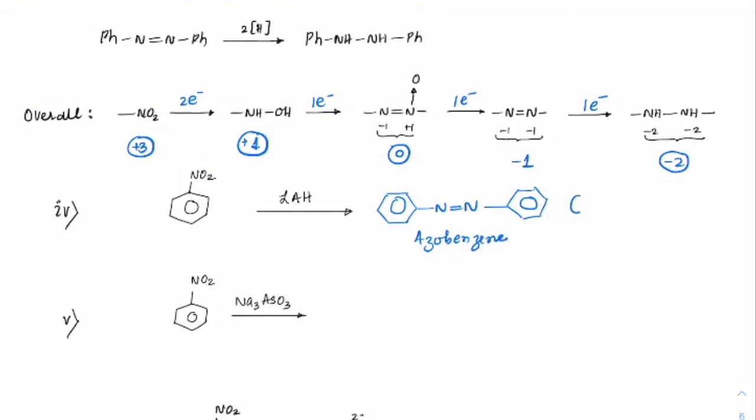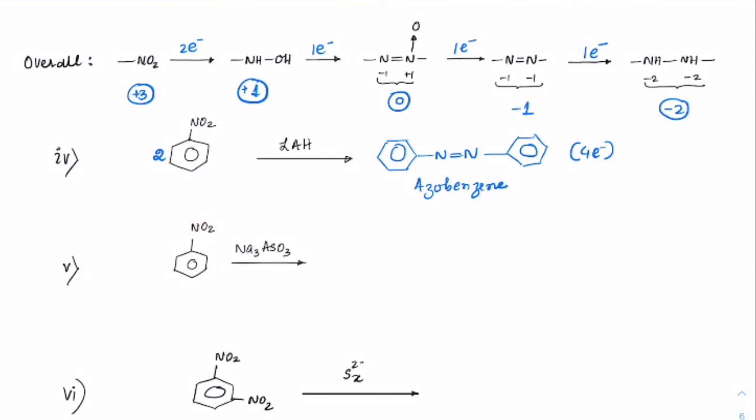and the number of electrons involved. Check from here. We had +3. Now on average you are getting it as -1. That is for one nitrogen. If I have two nitrogens, it will be +2 and +2, so a total of 4 electrons. So everyone check, from +3 it is changing to -1 here, right? So in total, how many electrons are involved? 4 electrons are involved in this. Okay.